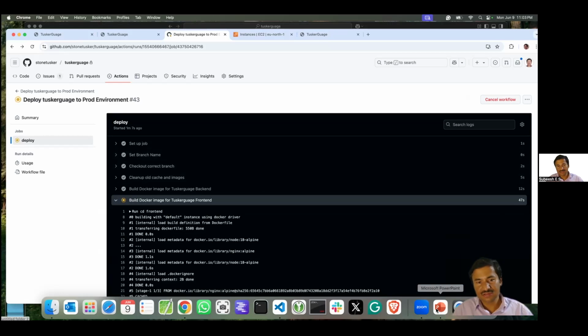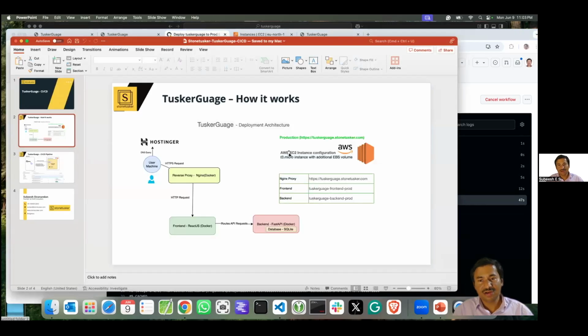So now, coming to what this Tusker Gauge infrastructure looks like and how it is actually working. Here I have done DNS registration in Hostinger, and I even have some machines there. But right now, for this particular demo, all the production environment is kept on AWS. So Hostinger is acting like my DNS server, and whenever we give tuskergauge.stontusker.com, it will connect to the Hostinger DNS server, and then it will get the IP address, and it will connect